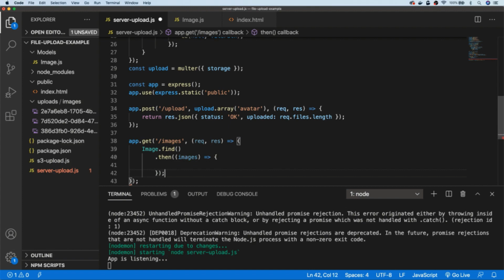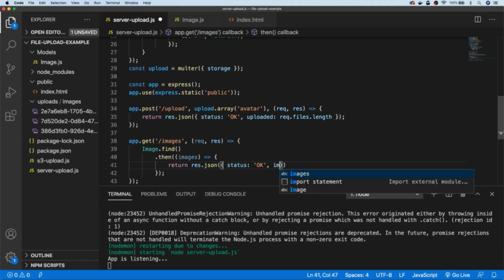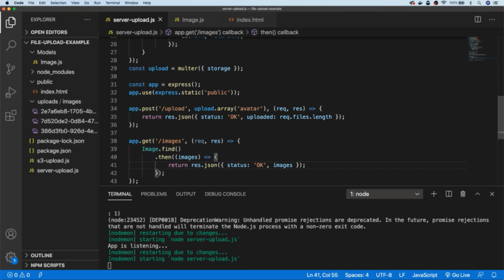So then what we can do when we get that is just return on our response object some JSON data, and we'll put a status of OK, although that's not really necessary for what we're doing here, but just to keep it consistent with the previous endpoint that we created. And then we'll just pass back on a property called images, the images data that was returned from our Mongo model. So if we hit save and test that out in the browser,